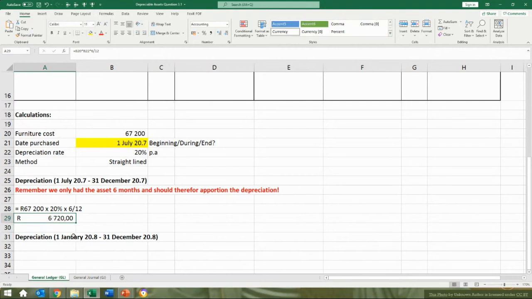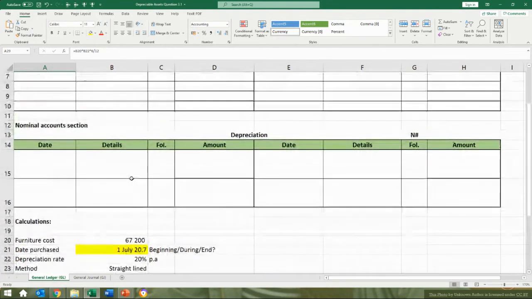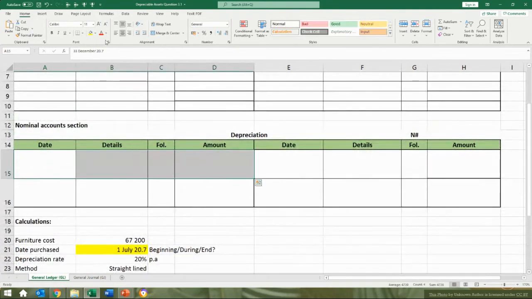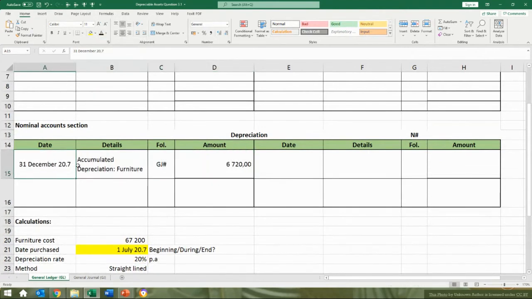6,720. Now we said to account for depreciation, we will debit your depreciation account. Okay, so at the end of the year, I debit depreciation. But my contra account is the accumulated depreciation account. Now, what you will note is we indicate what type of asset it is for. Now, the reason we do that